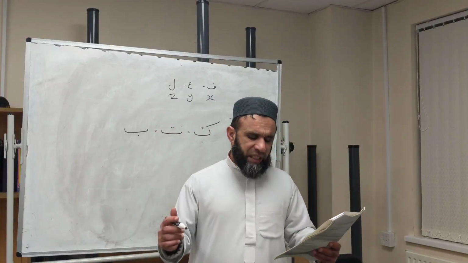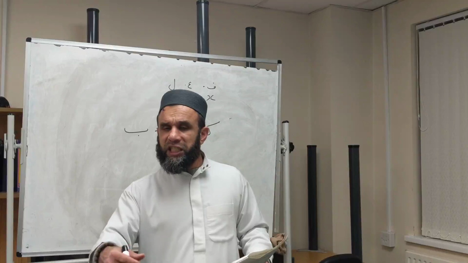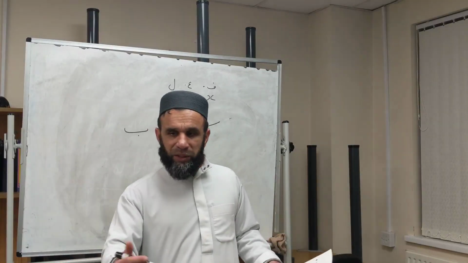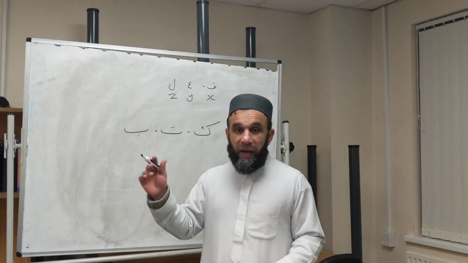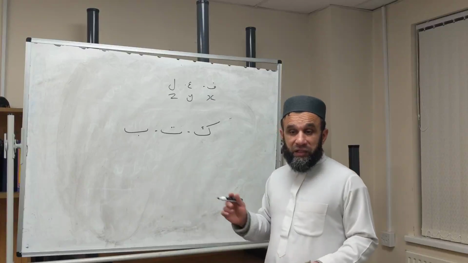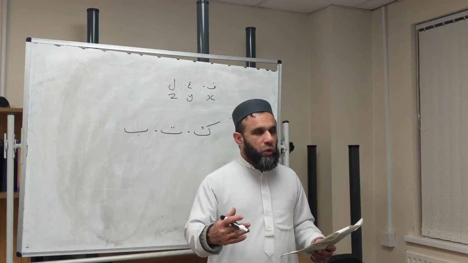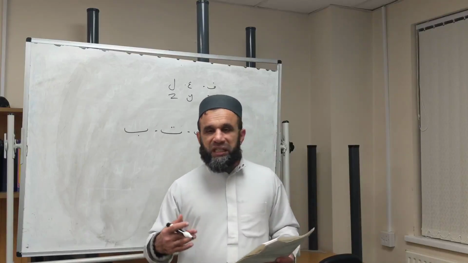Iktataba, he wrote himself, yani he subscribed. And istaktaba, he sought writing, he asked somebody else to write. So from kaf ta ba, just adding 1 or 2 letters and also putting different movements or harakat on them,